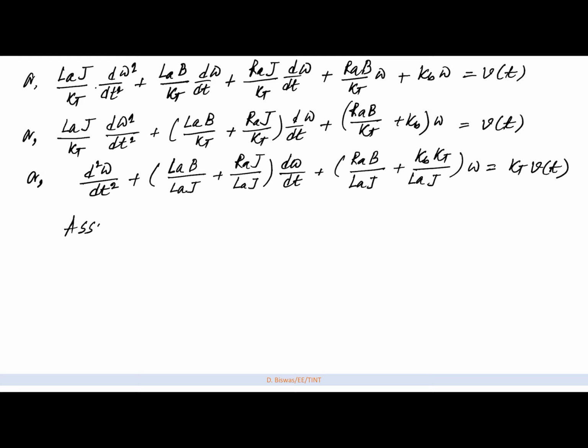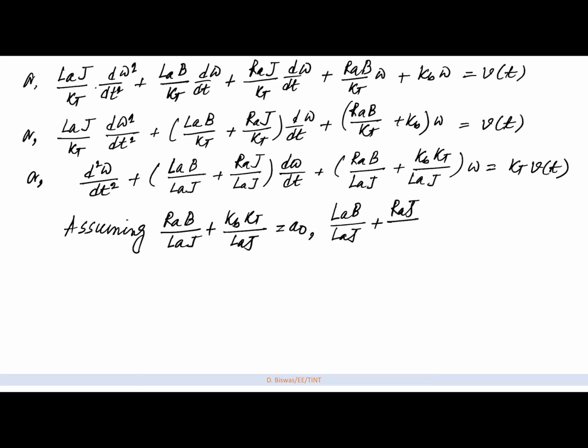Assuming Ra times b divided by La times j plus kb times kt divided by La times j, which is the coefficient of omega, is equal to A0, La times b by La times j plus Ra times j by La times j, which is the coefficient of first derivative of omega, is equal to A1, and kt equal to b, we get